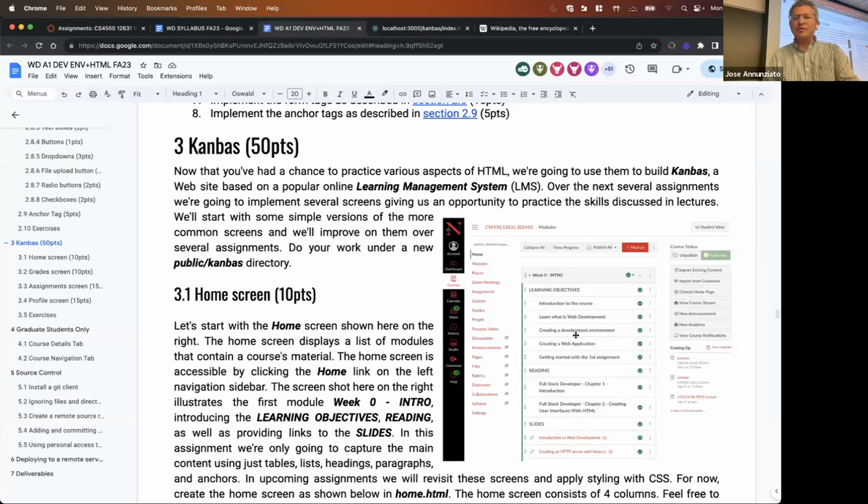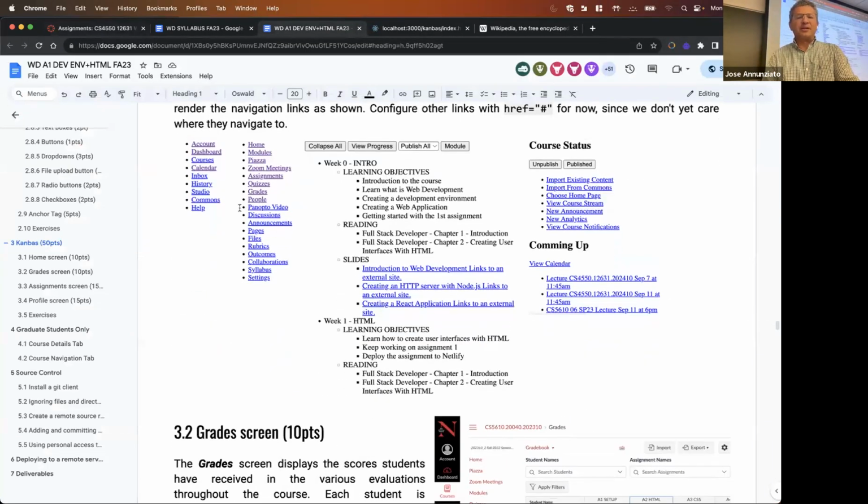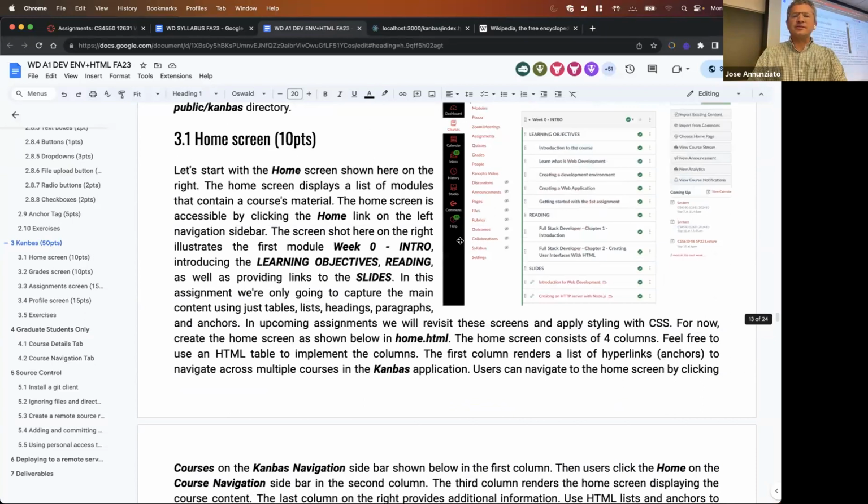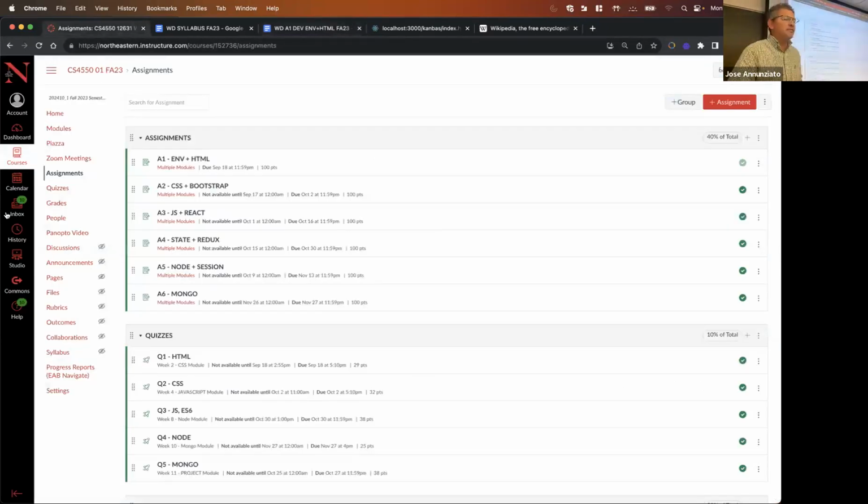It's asking us to do this, which is basically these 4 columns. So I'm going to create each one of the columns. Let's do this first one here, the left column. I've called this the Kanbas navigation sidebar, because it allows you to navigate to all sorts of places in Kanbas, to courses and your account,